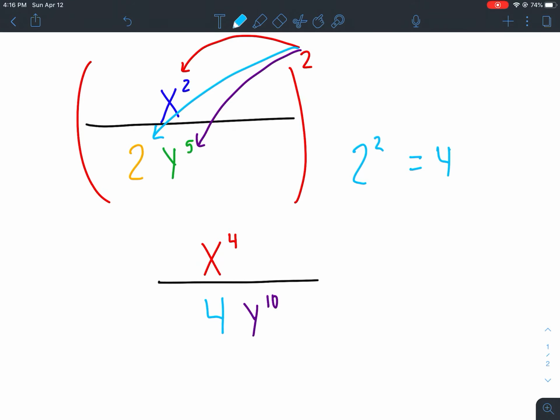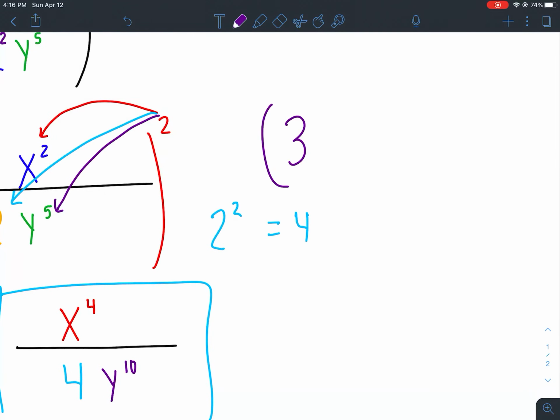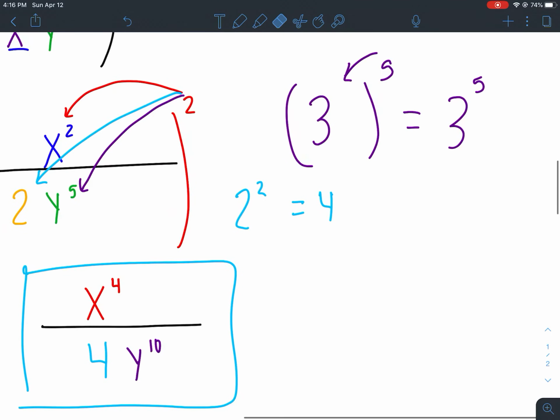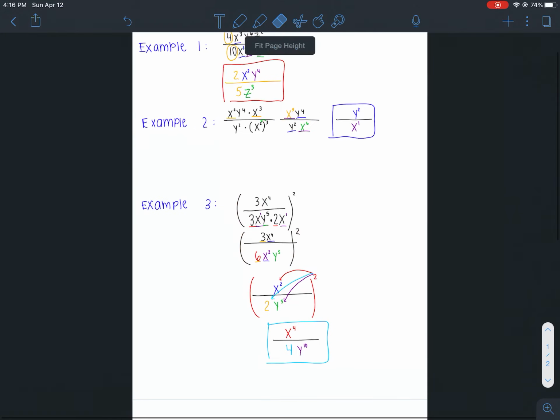Can I simplify anything further? No, because there aren't any like bases with each other. So just like if I had 3 to the 5th and I distribute, it's still going to be 3 to the 5th power and whatever that is. So you don't want to do 2 times 2. I know it ends up to be the same answer, but you want to be careful because 3 times 2 and 3 squared are definitely not the same. So that is the